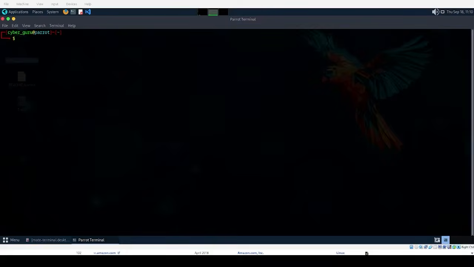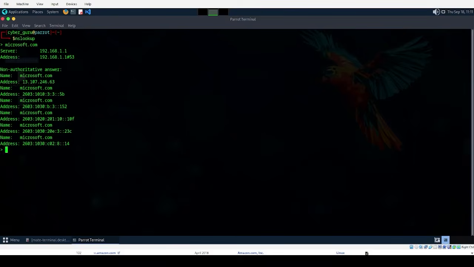Let's open the terminal and enter the command nslookup. A responsive screen will open where we can type the domain we want to search. For this demo, I'll type microsoft.com. The result shows a non-authoritative answer, which means the information is coming from a cached source, not directly from the